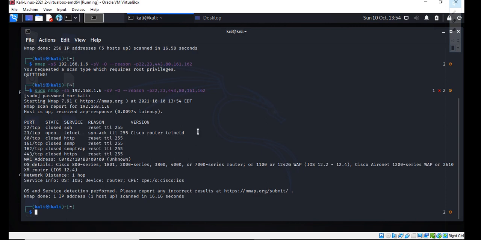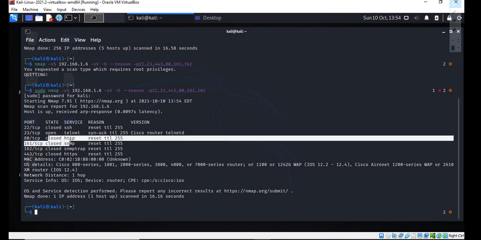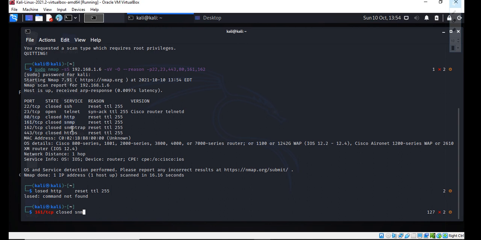Okay, it's showing me all the information here. Only one port is open, and the SNMP ports are showing as closed. I have done a SYN scan here, which is a scan on TCP. SNMP works on UDP, so I need to perform a scan on UDP.